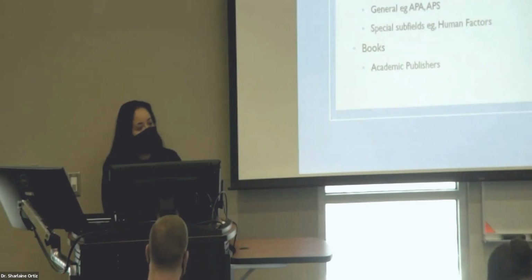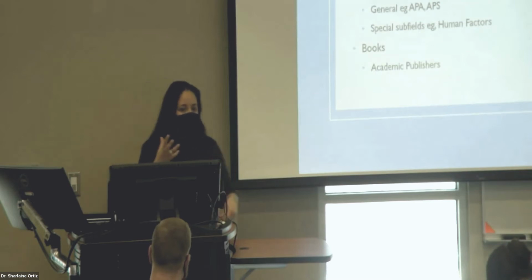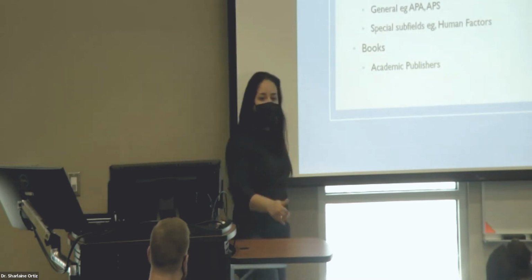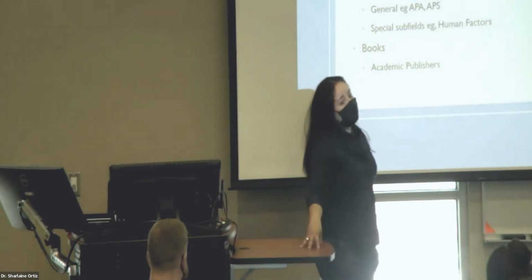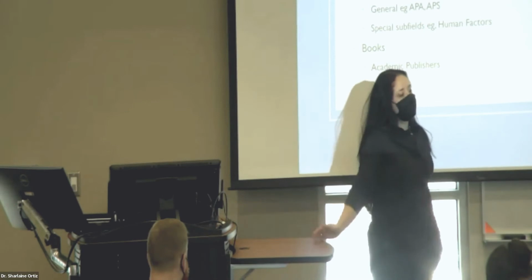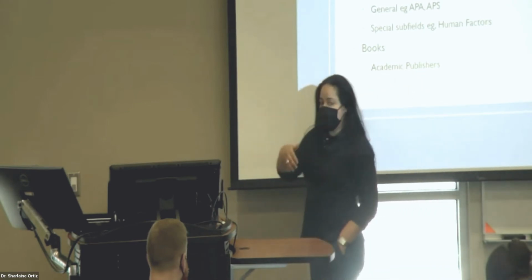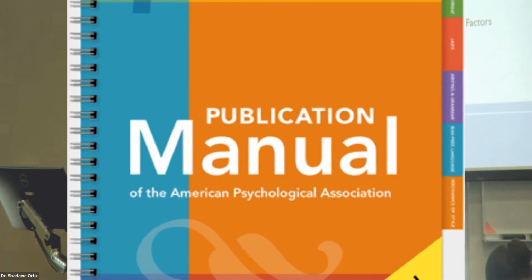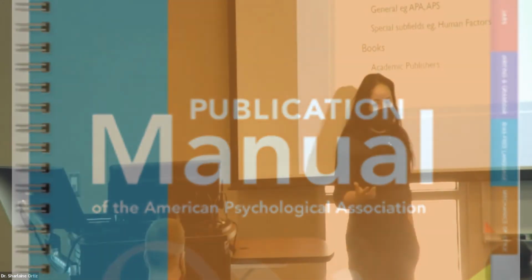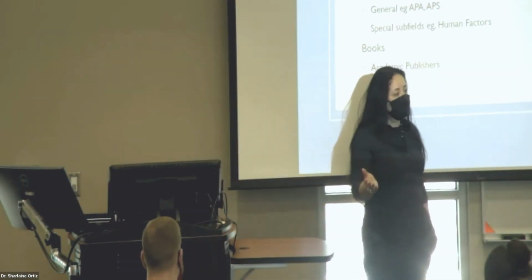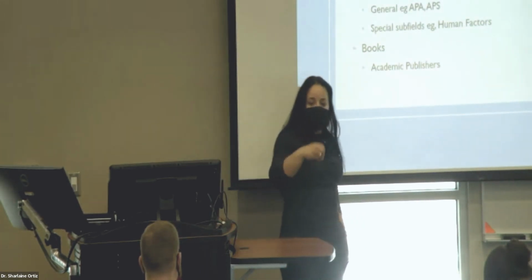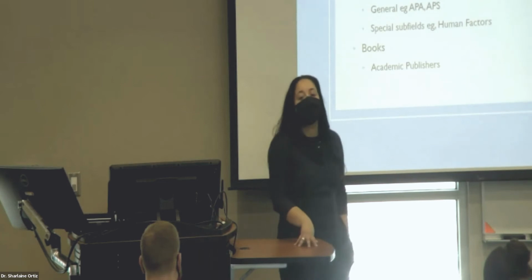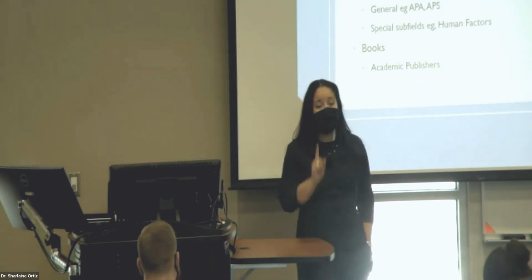So Dr. Ash over here is asking, is there a universal guideline? No, there isn't. Generally, each journal has their own set of rules, right? For the intents of the class and probably for the rest of your education, you're going to use the standards as given by the American Psychological Association Publication Manual. You will see that the rest of your career. But if you are submitting to a scientific journal, each one has their own sets of rules of what they want to see published and how they want to see it. However,